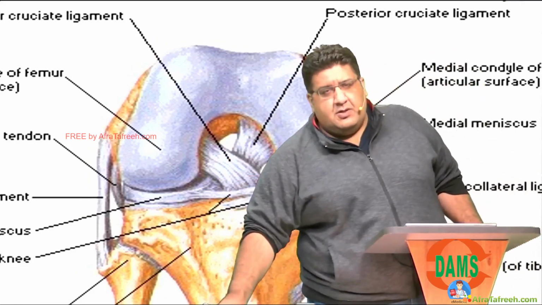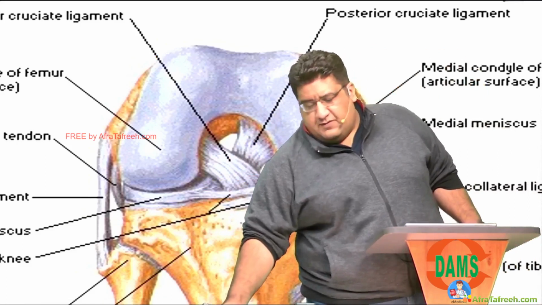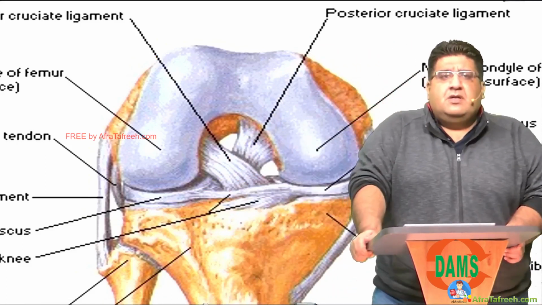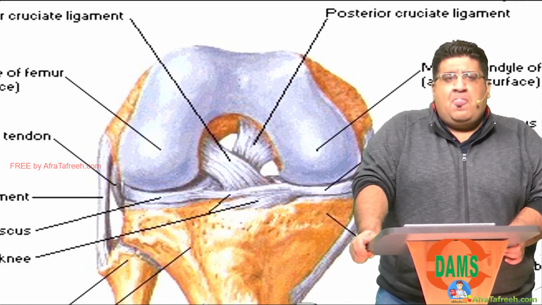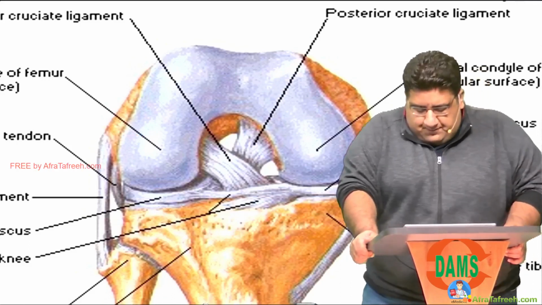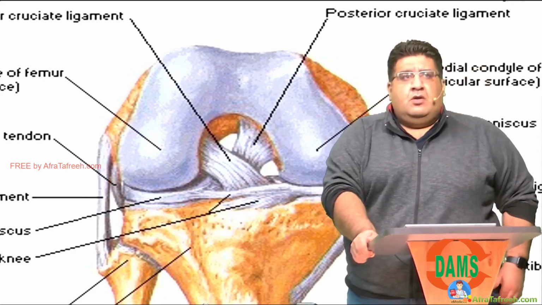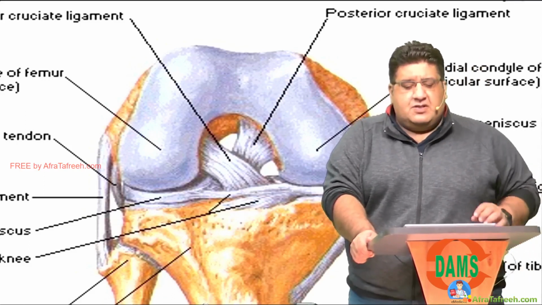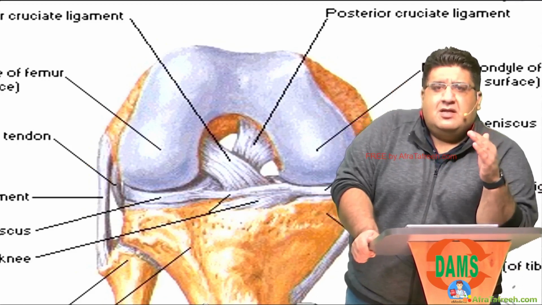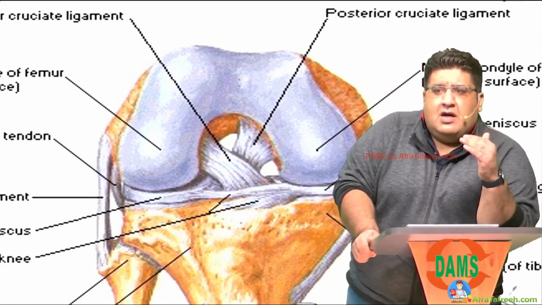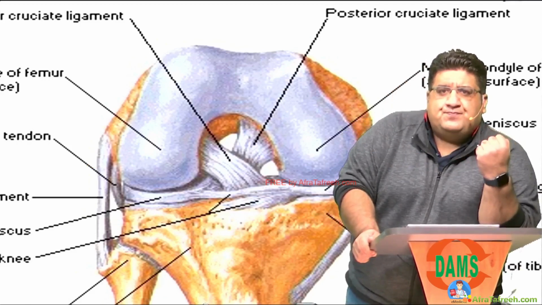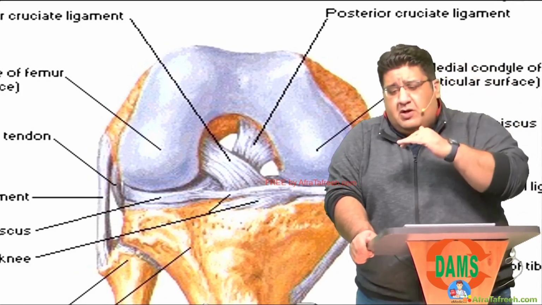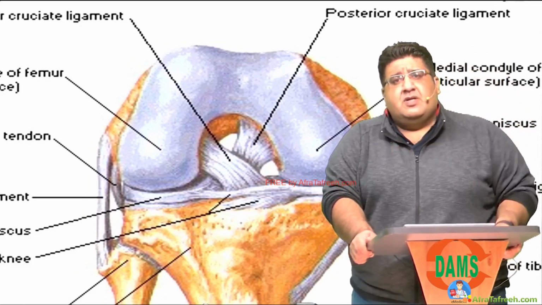Now let's talk about the fourth difference. I want you to just look at me and listen to me without applying any logic or any brain. The fourth difference is that PCL and ACL are relatively important in different postures. I give you an example: if you have to go downhill or downstairs, what you require is ACL.